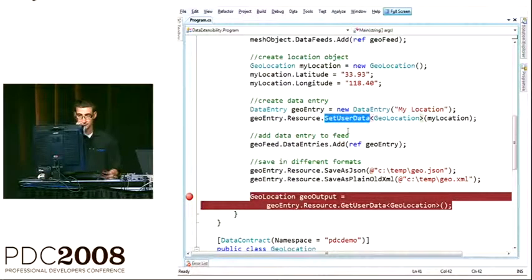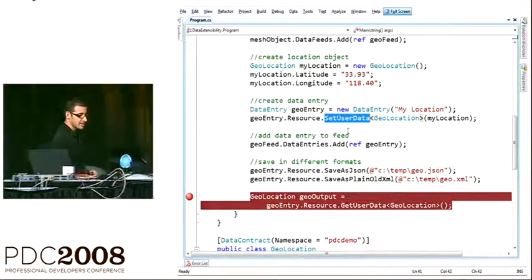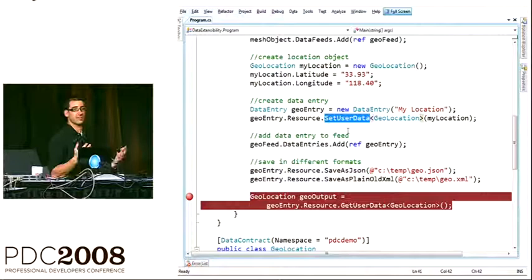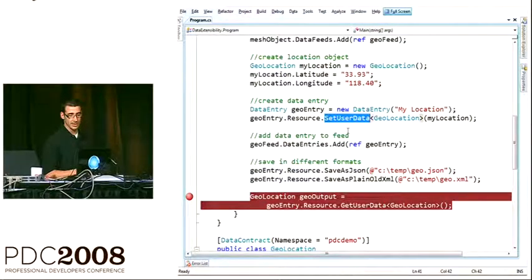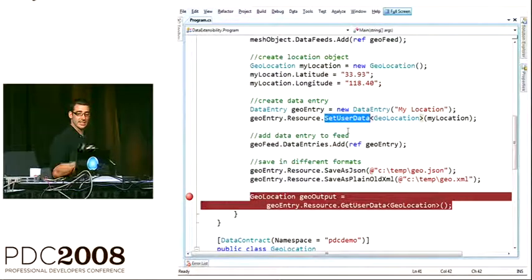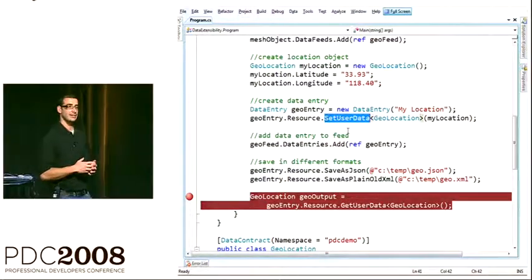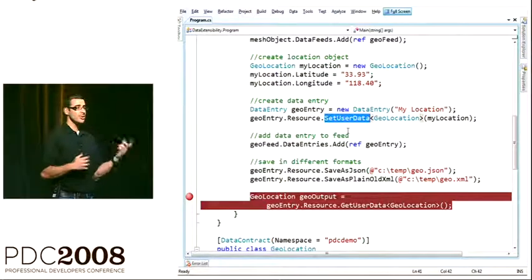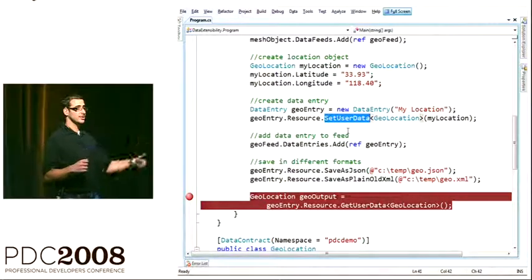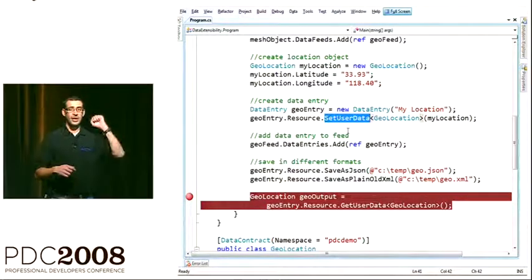And now let's look at this method. What we're saying is take your data entries that you've created, either ones that exist or ones that you just newed up, and call a method called setUserData, give us the type, and give us the data itself, and we'll go to town taking care of this type for you. Now, the cool thing about it is that although we wrote this in C# using data contract serialization,